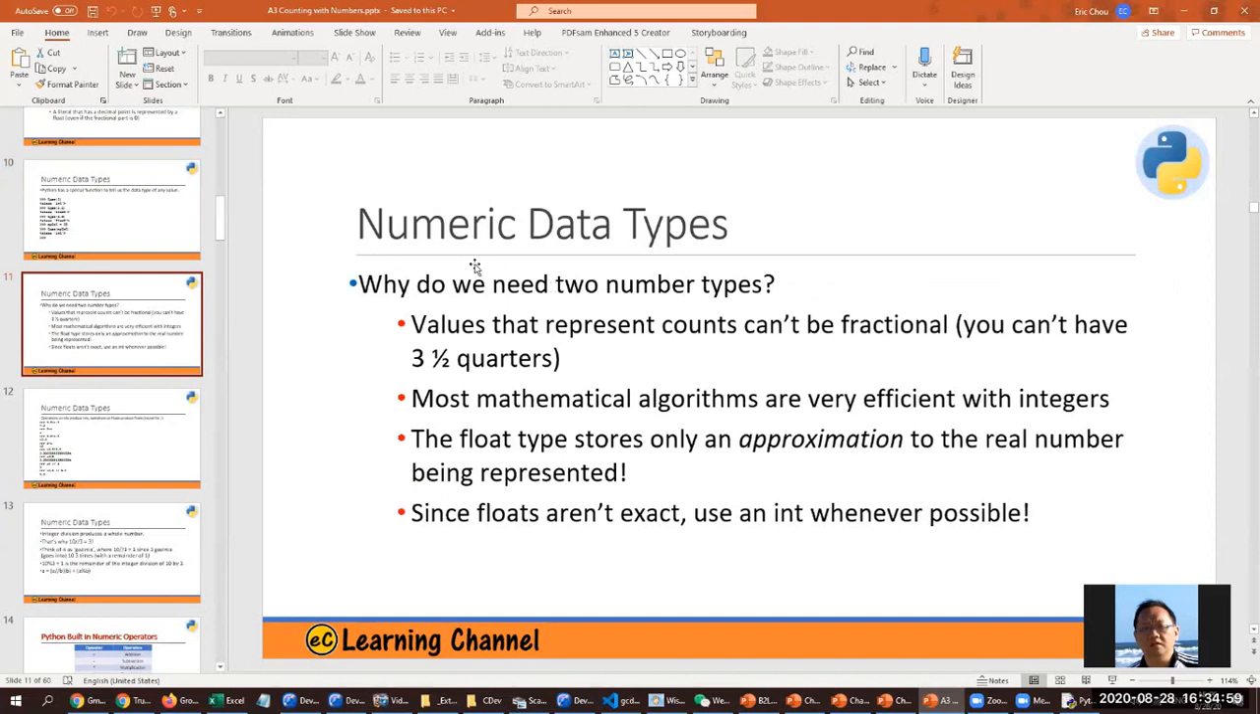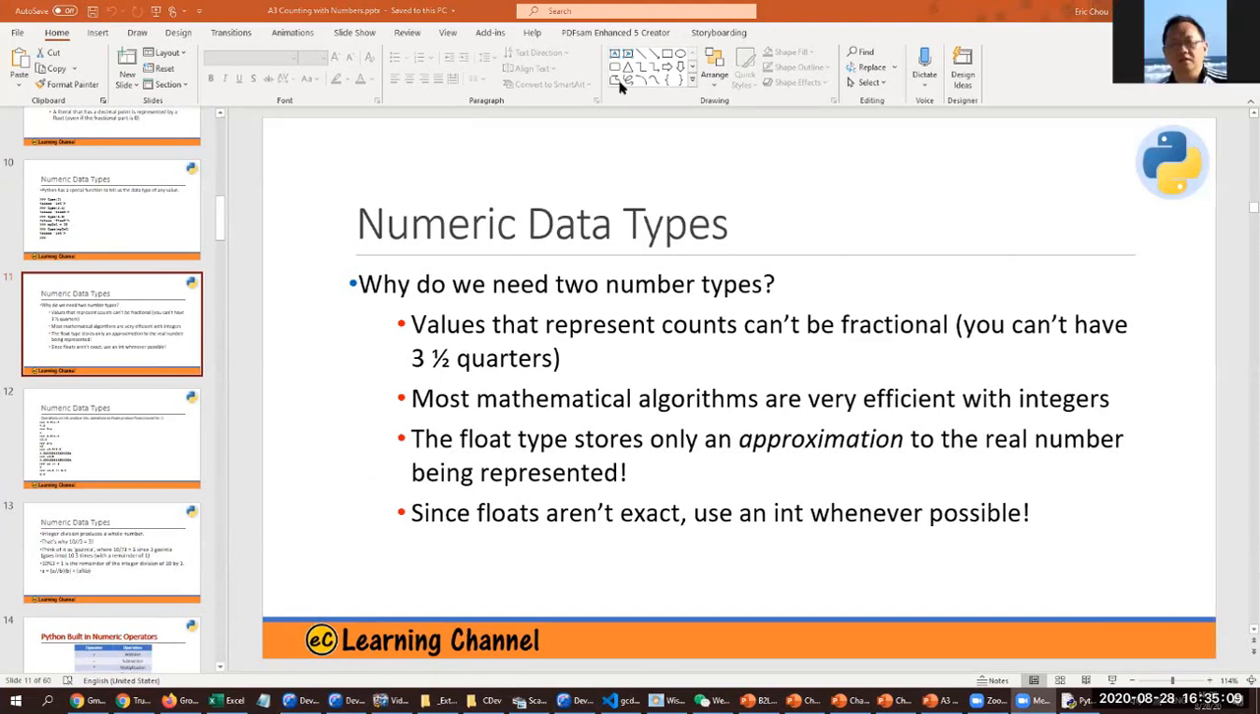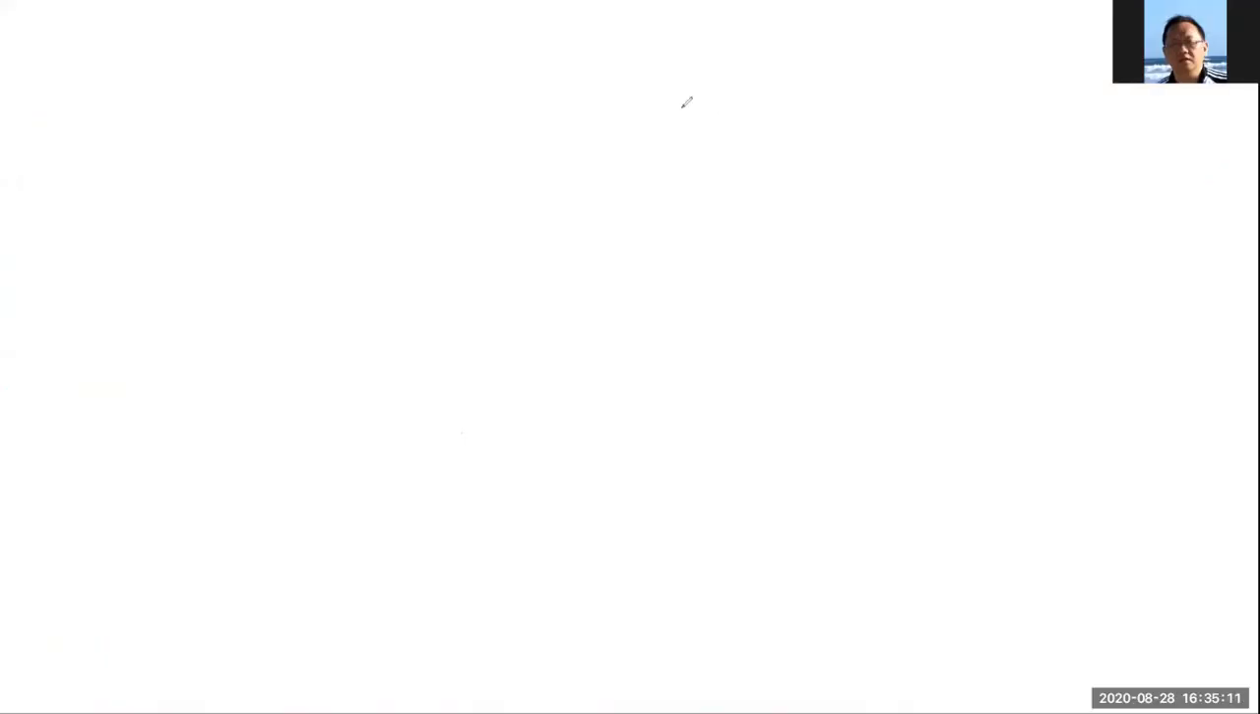Because numerical data sometimes creates approximated values, it may not be exact. For example, if we have 3 divided by 7,